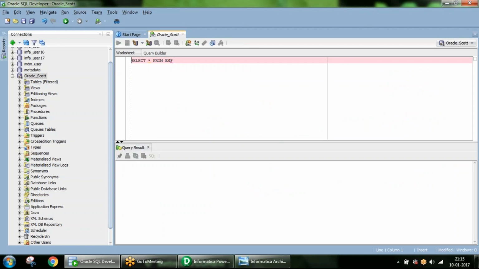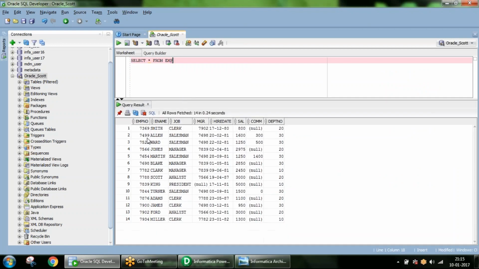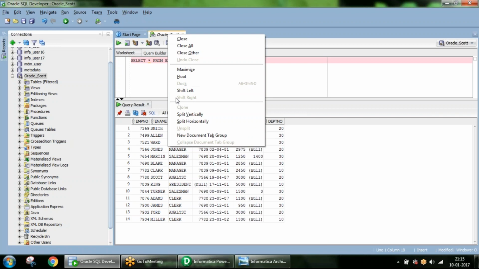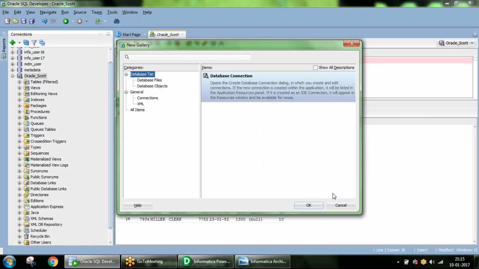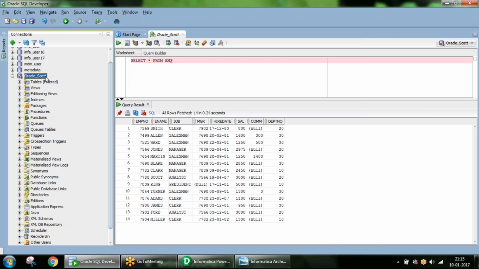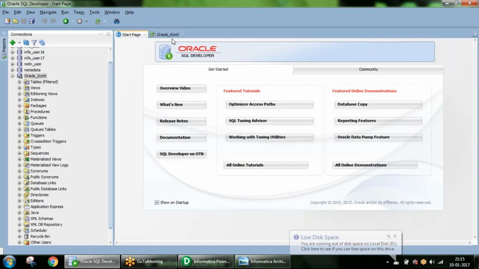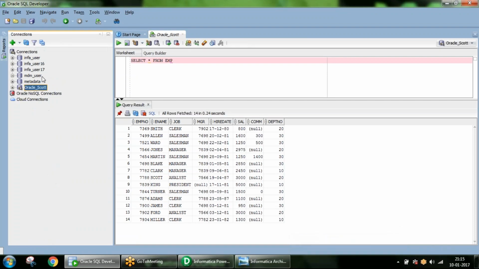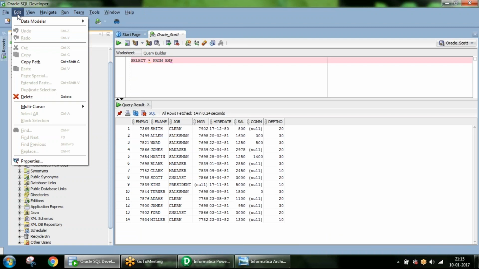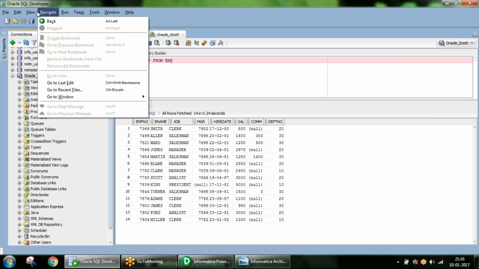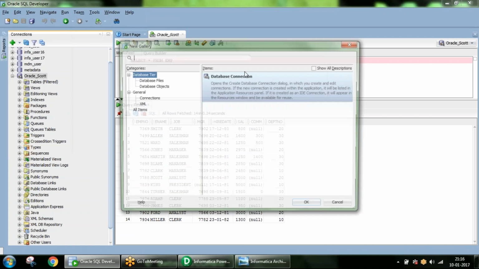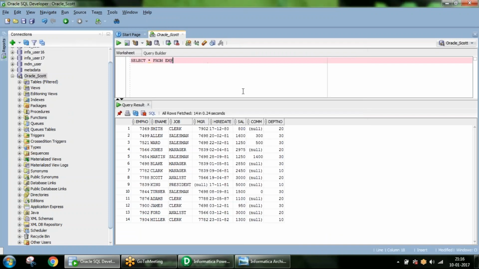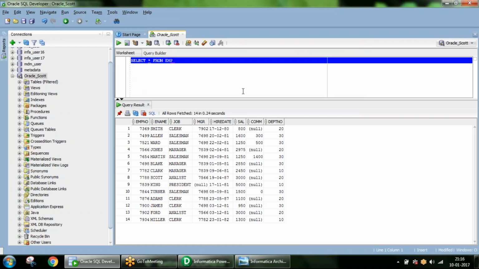Let's say the requirement is I want to load data from the employee table into a target. Now this is the data in the source table.